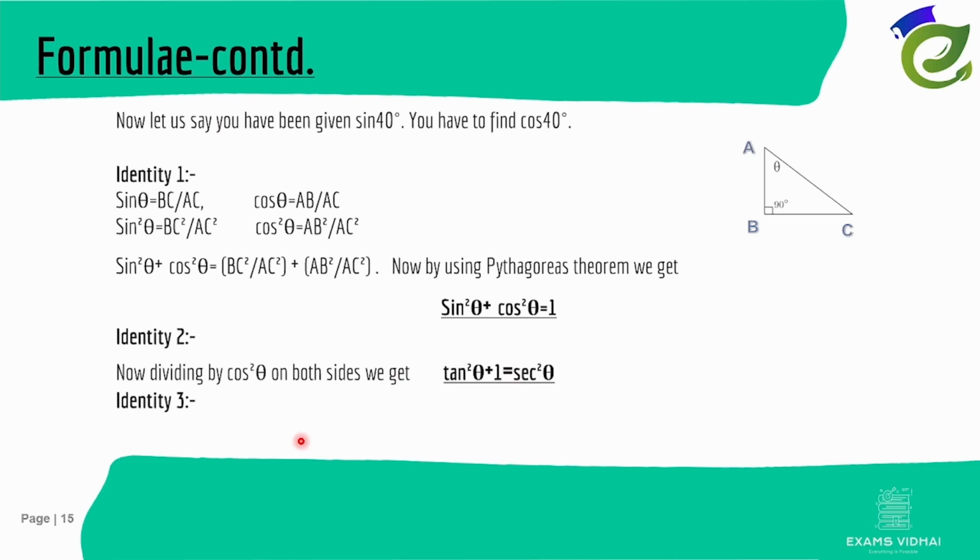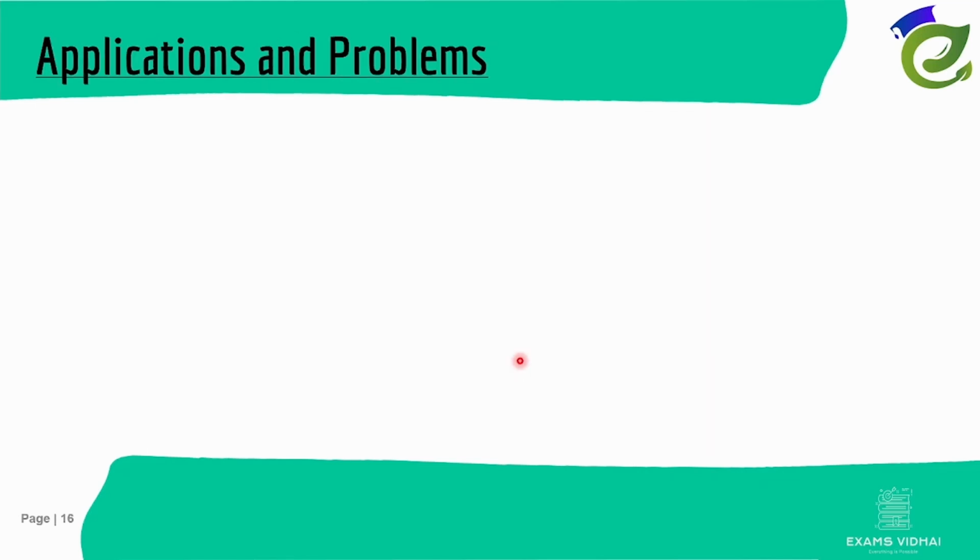Now the third identity is we divide by sin squared theta. So sin squared by sin squared equal to 1, and cos by sin is cot, which is cotangent. So 1 plus cot squared theta equal to 1 by sin squared theta. What is the reciprocal of sine? It starts with an S, so the reciprocal should be with a C, which is cosecant. So 1 plus cot squared equal to cosecant squared. Now that's it. These three formulas and your previous complementary angles formula will solve the majority of your problems in this chapter. Okay, now let us do some applications and problems, and before we jump into applications,